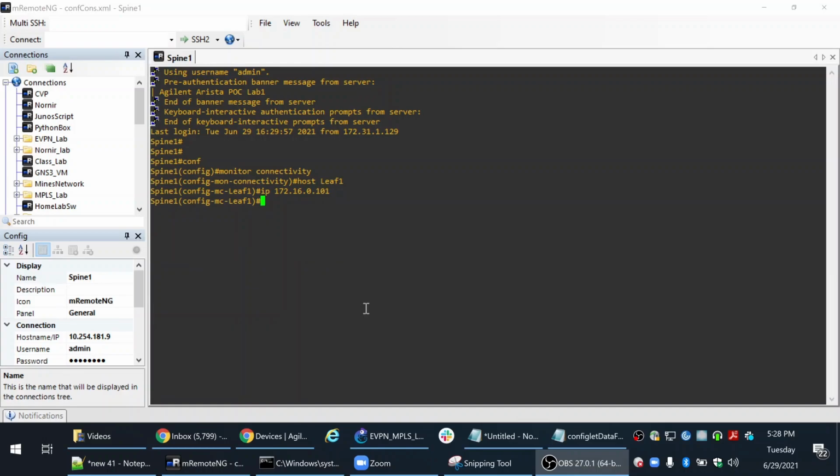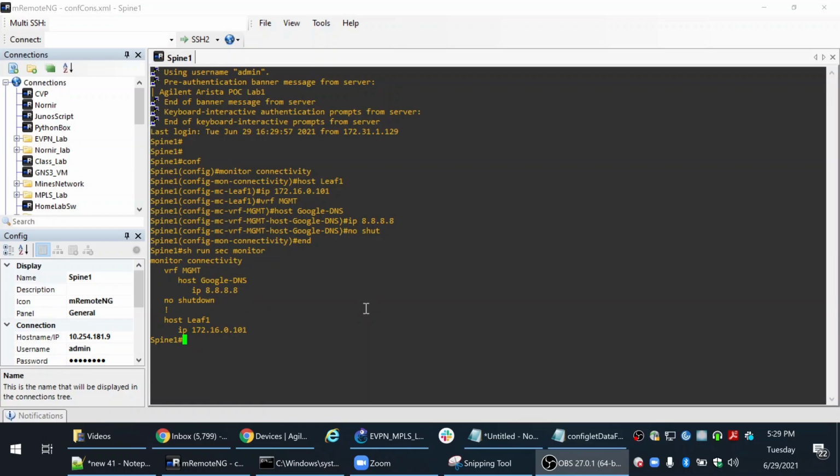And that's basically it. You can do the same thing in a different VRF. So let's say we want to jump into the management VRF. And I'll set up a latency check towards Google DNS here. And again, I just apply the IP address for that. And that's basically it. Now we just no-shut this, and it's set up. So here we can see the full configuration. Fairly simple,